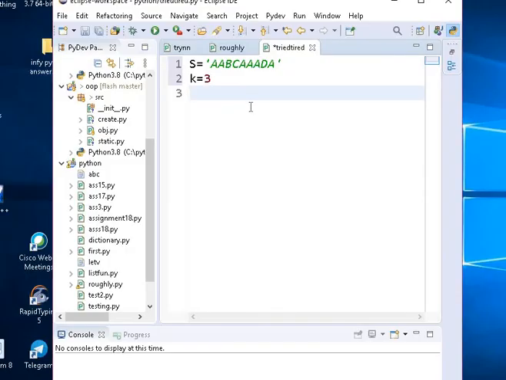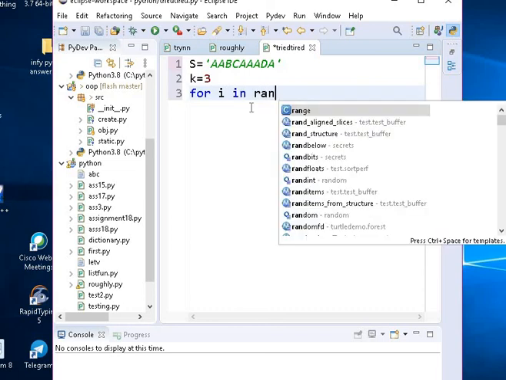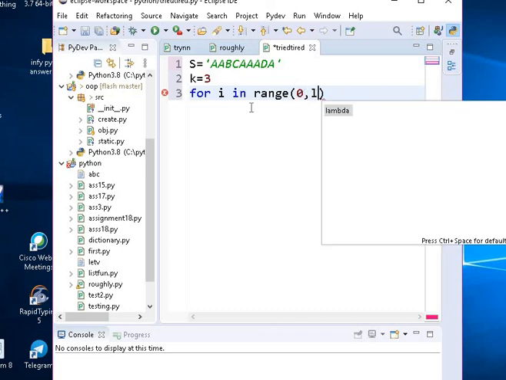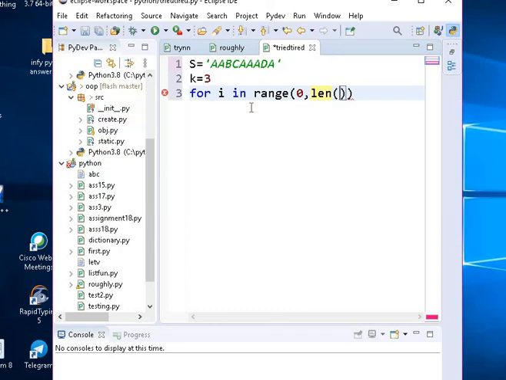As a universal truth, I am going to use a for loop for this. For i in range, you might be knowing this anyway. I am not going to explain how a for loop works. For i in range of 0, let's go from 0 to the length of the string.